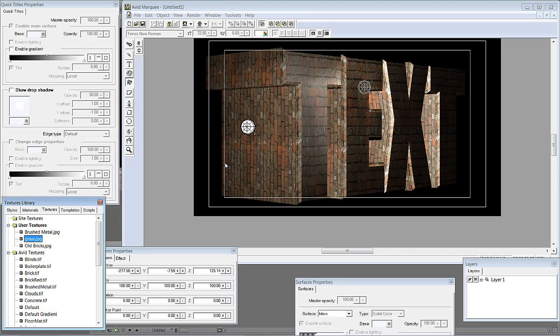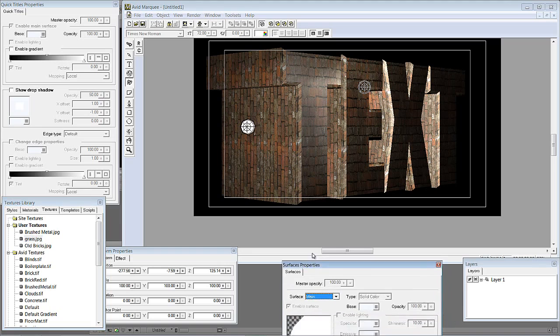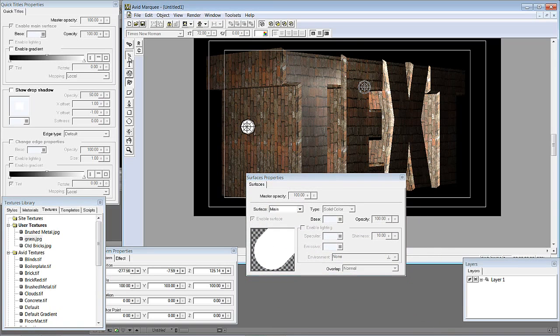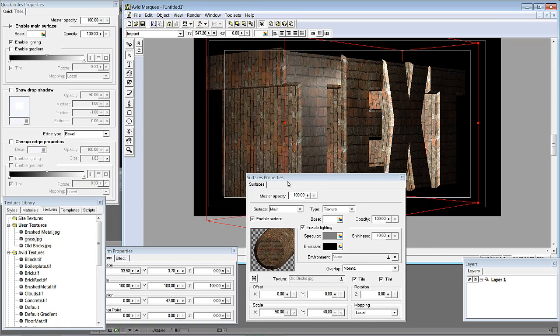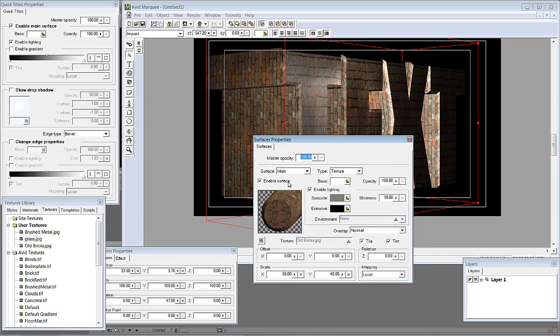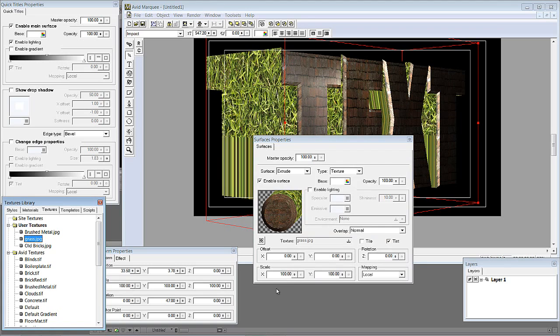Well, what we're going to do is not drag it and drop it like that. We're heading back to our surface properties. Again, we want to select everything here. And you're going to see that right now we have the main surface enabled. And you'll see that I can bring my mouse right over top of that main surface. But what I can also do is bring my mouse over top of the edge. I can also bring my mouse over top of the extrusion. Very cool. Well, hang on a second. You would think that if I could bring the mouse over the face, over the edge, and over the extrusion, I might actually be able to take, I don't know, let's say the grass, and apply it to the extrusion